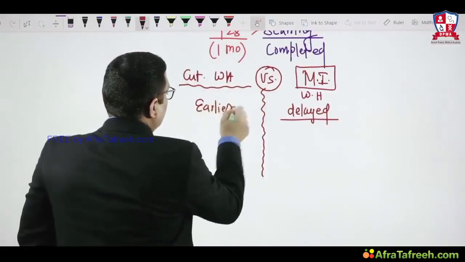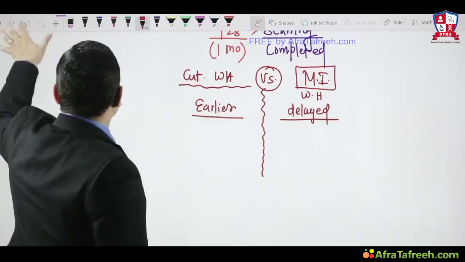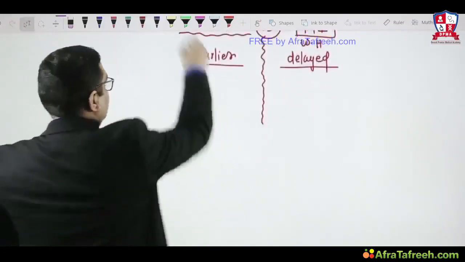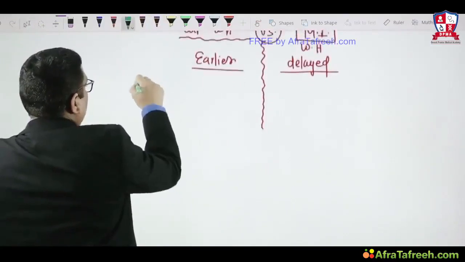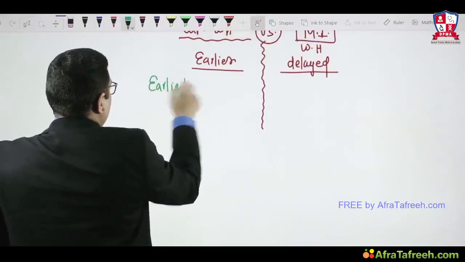Cutaneous wound healing will be earlier, and myocardial infarction wound healing will always be delayed. For example, I wanted to discuss this because the examiner asked a question on early granulation tissue. This was an All India as well as JIPMER question. Earliest